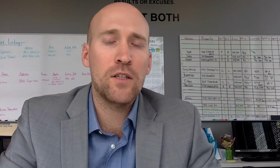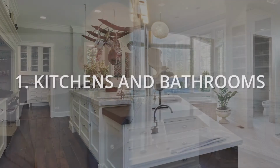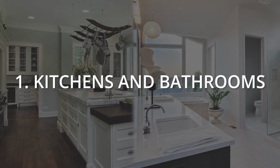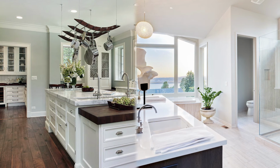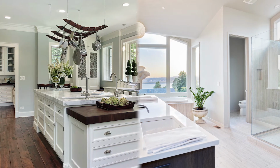So 3 things that you can do though to improve the value of your home. First and foremost, the best place to spend money in terms of upgrades is, as you probably know, kitchens and bathrooms. So if you're going to renovate your kitchen or bathroom, take time to learn the current trends and styles. For instance, there's this new trend of blue cabinets, navy blue cabinets, for instance, a motif that you might see